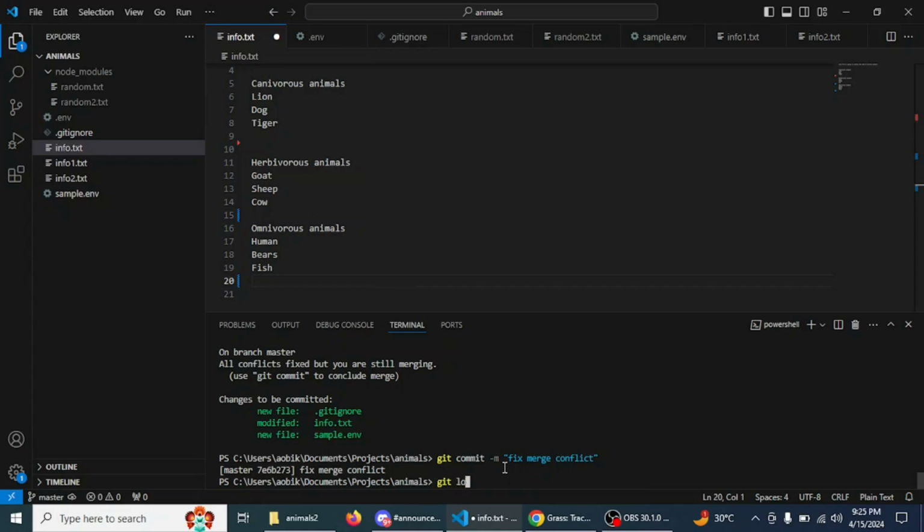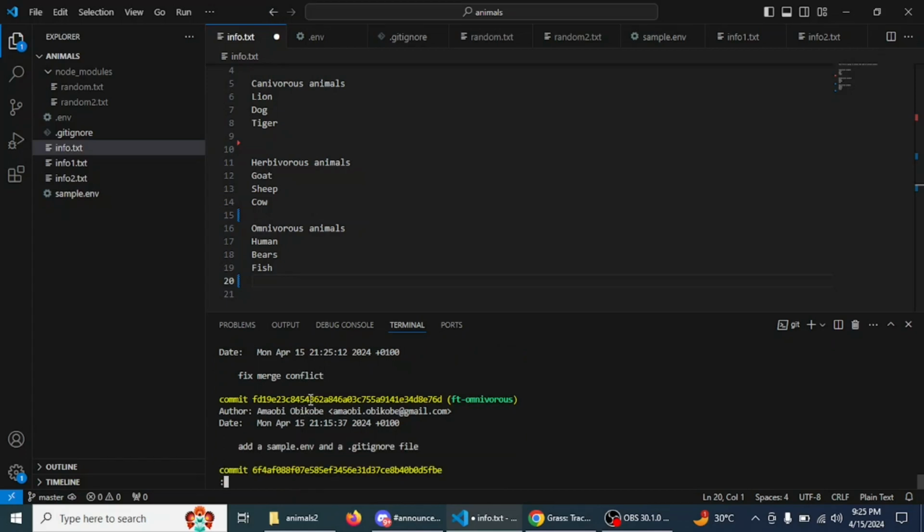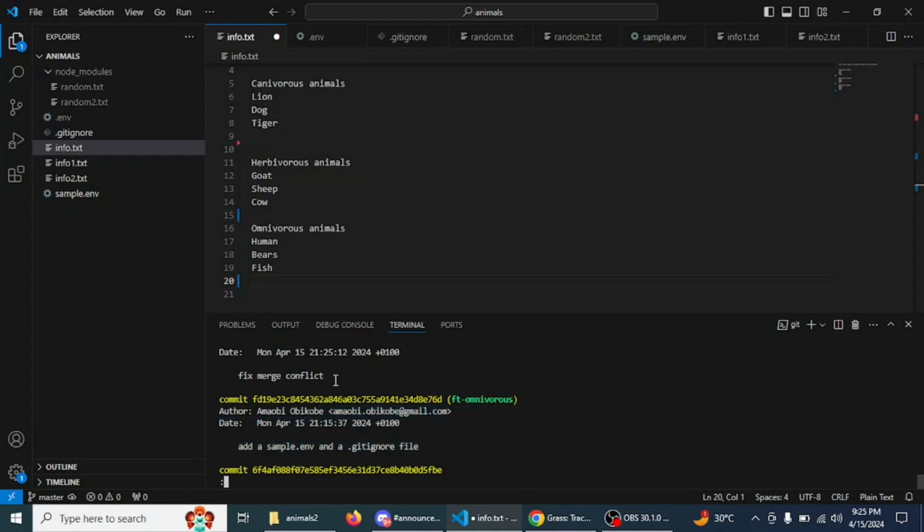If we do a git log this time around, let me just run a git log. You can see our new commit here. So we actually added this file to our omnivorous. This is where we are supposed to stop, but we have an extra commit where we try to fix that conflict. So I just wanted to introduce us to the concept of conflicts